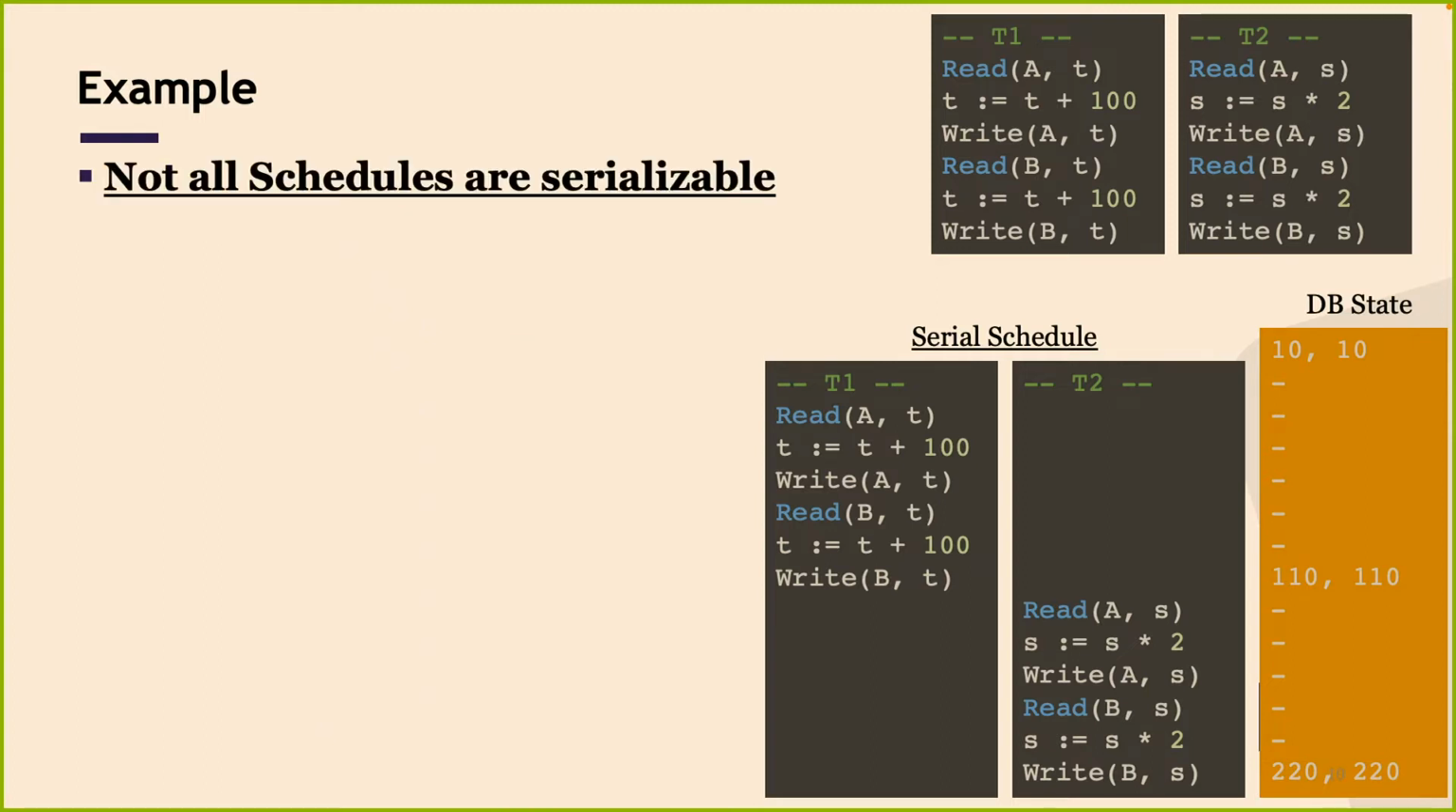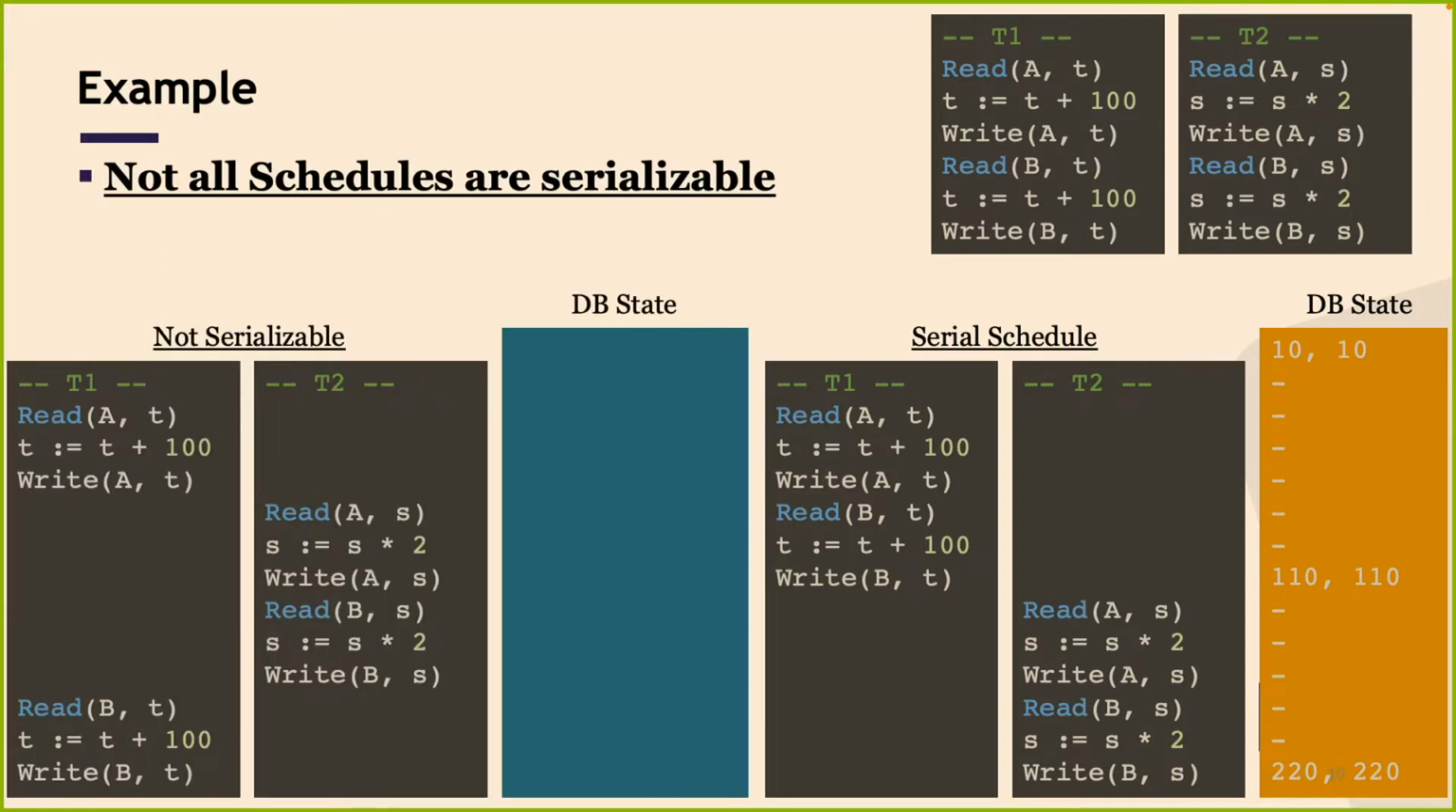But not all the schedules are serializable. So this is another example that's actually not serializable. I run the first 3 instructions of T1 first, then I run the whole T2, then I finish up T1. If you think about the evolution of the database state, in the beginning I have 10 and 10. After I run the first 3 instructions of T1, I get 110 and 10. And then I run T2. I'm going to multiply A and B by 2, then I have something like this. Then I finish up T1. I'm going to read B, increase by 100. At the end of the day, I'm getting 220